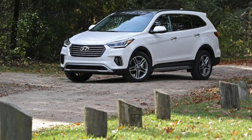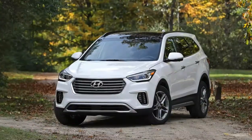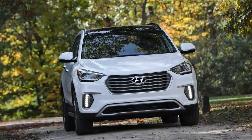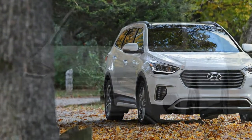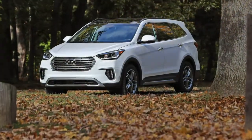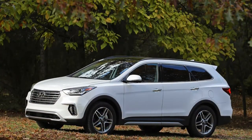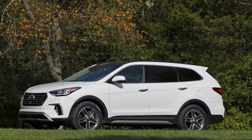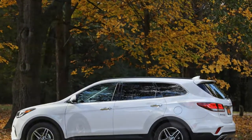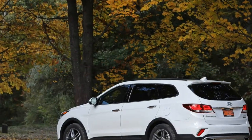Assuming a 6-year product cycle, the current, third-generation Santa Fe has entered the twilight of life, so Hyundai made some changes for the 2017 model year to keep things fresh. In addition to a more sophisticated look, Hyundai added a new top-level trim called Ultimate and upped its tech game. With the smaller, 5-passenger Santa Fe Sport playing in the small crossover field, the Santa Fe offers standard 3-row seating